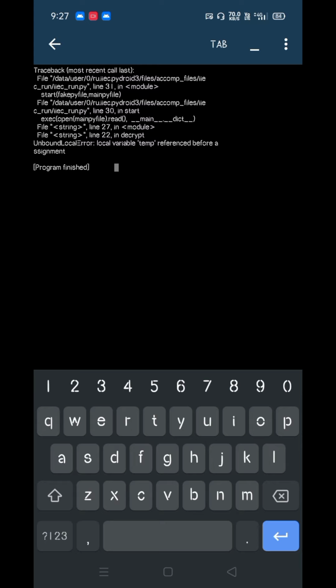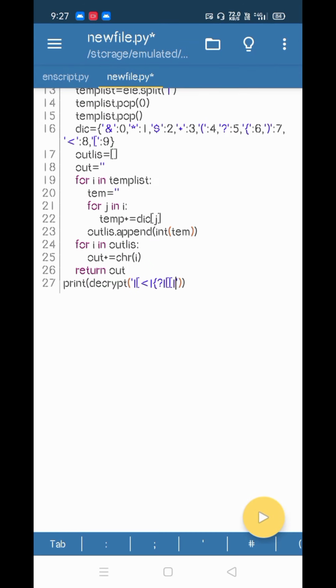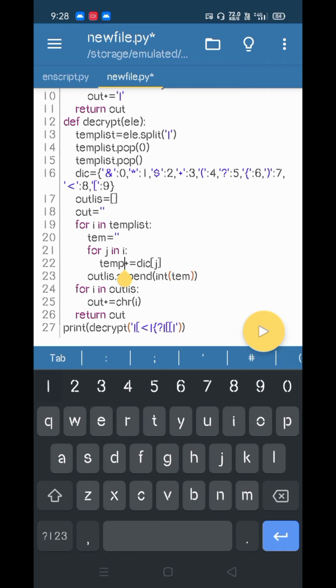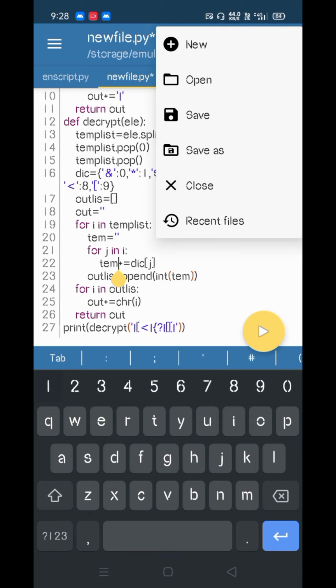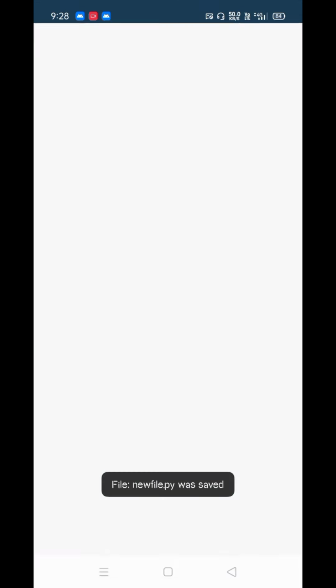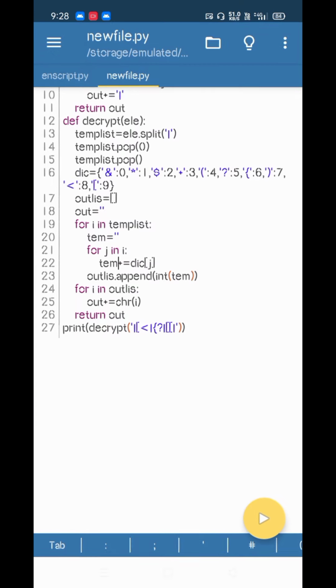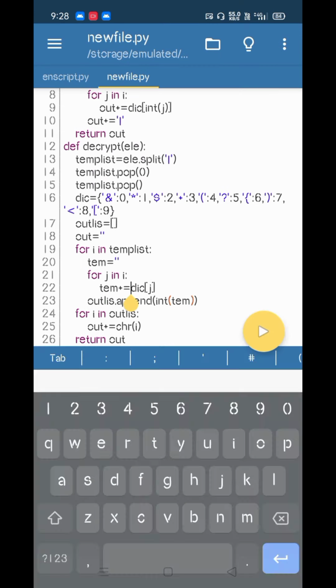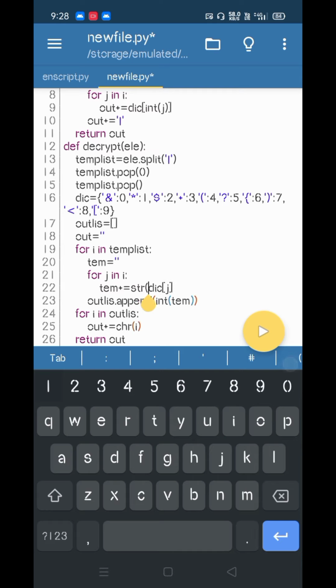Temp referenced before assignment. Here, this is line 22, there is an error. Okay, this is tmp. So let me save it and run it again. Again there is an error, string only concatenate. Use str of.